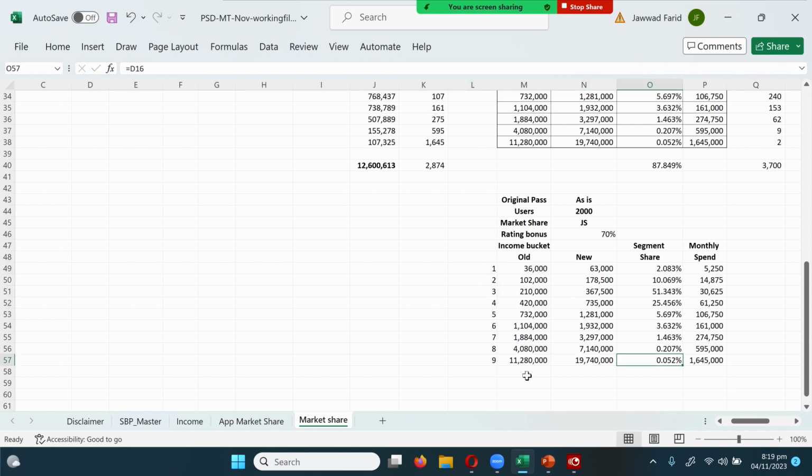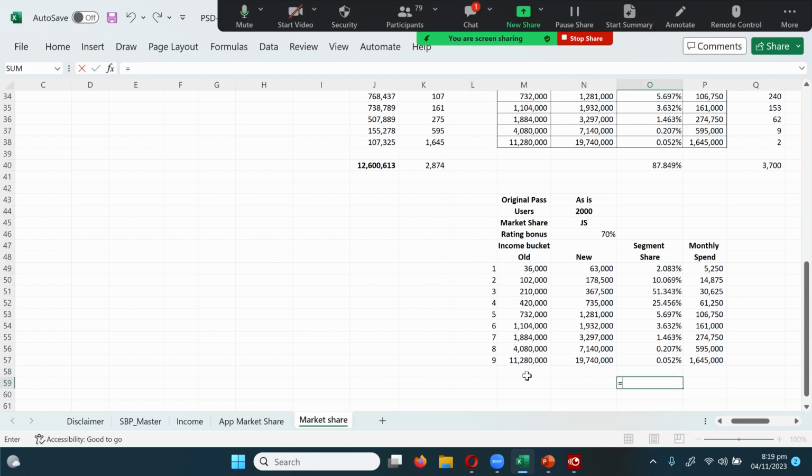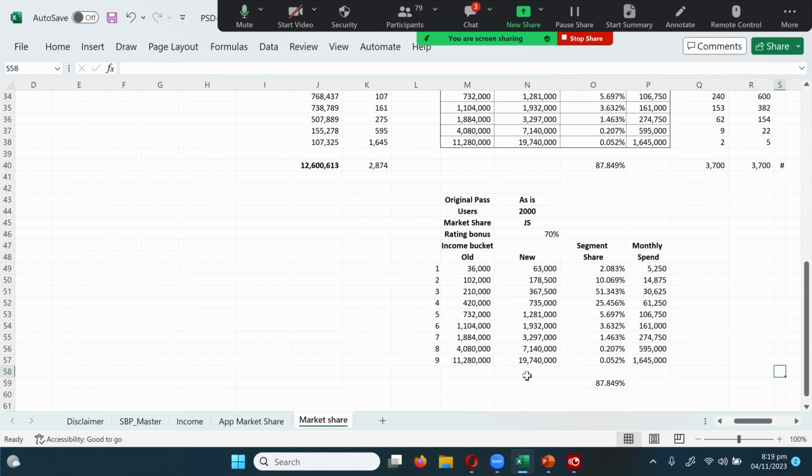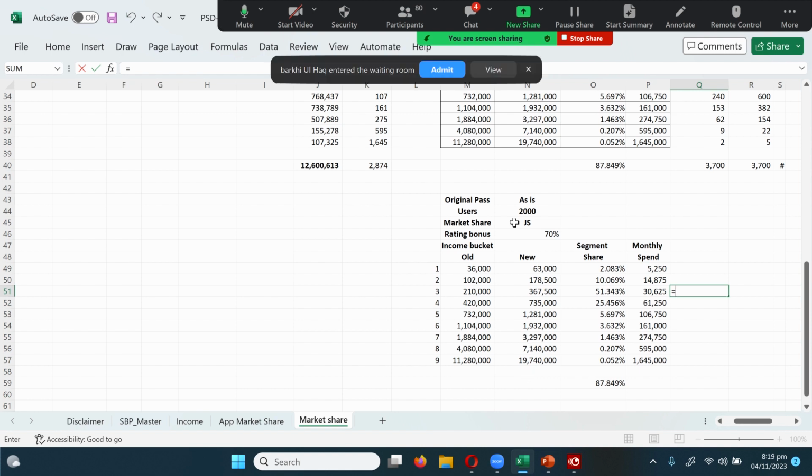So now the next piece for us is to estimate the share of the last 7 categories, excluding the first 2, and that number is 87.849. Now we're going to go out and estimate our share of segment for each of these categories. So for the first segment, my JS Bank number of users are 2 million. So I lock this in F4,